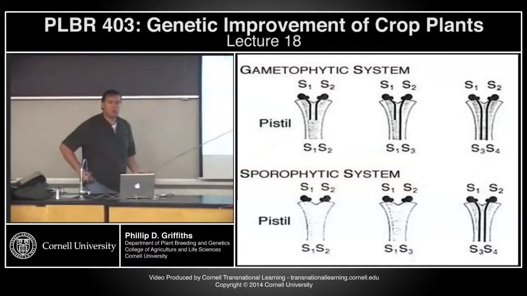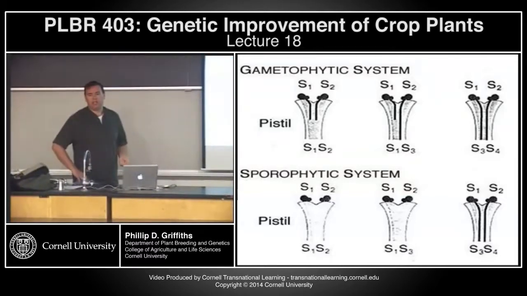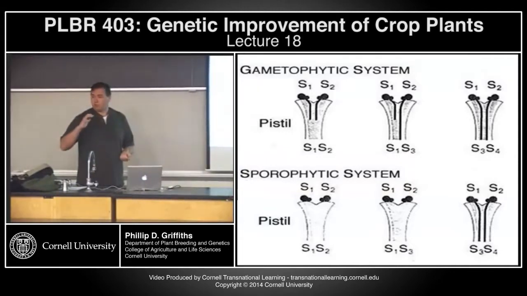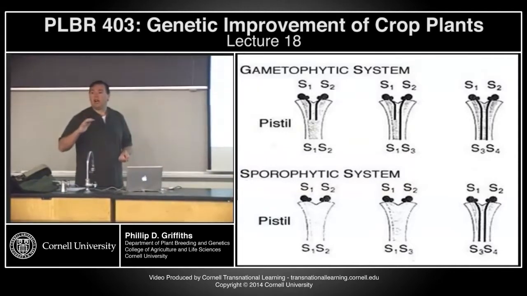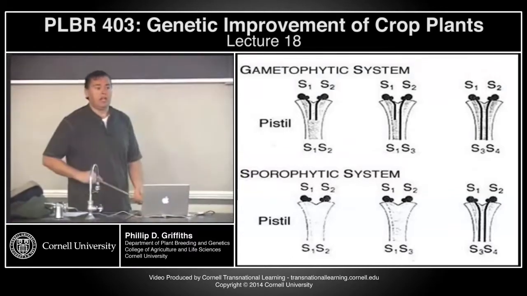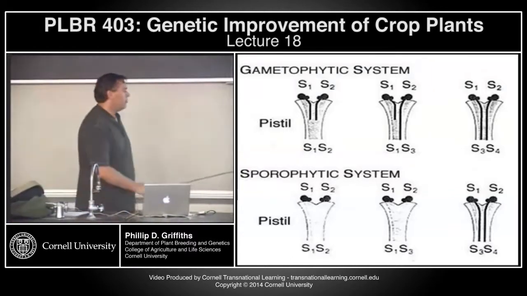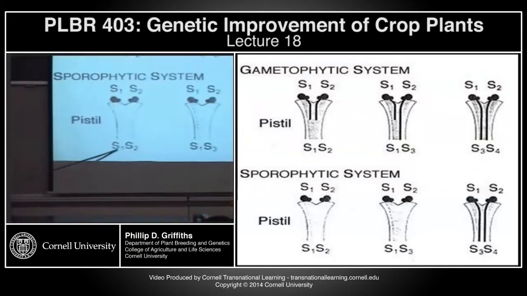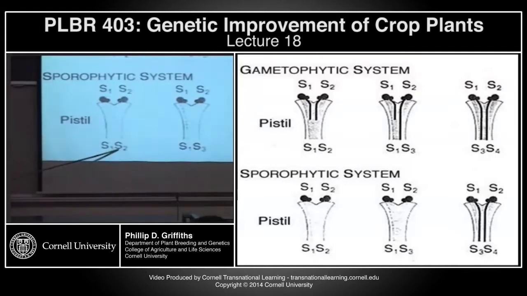If the self-incompatibility is determined by the female pistil or by the stigma surface, it's a little bit different because now it's controlled by the female. So in this case, if the female was S1, S2, it would prevent S1 and S2 pollen